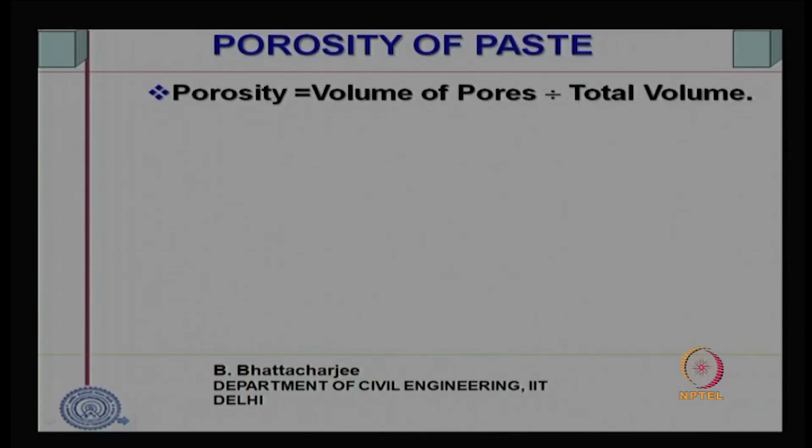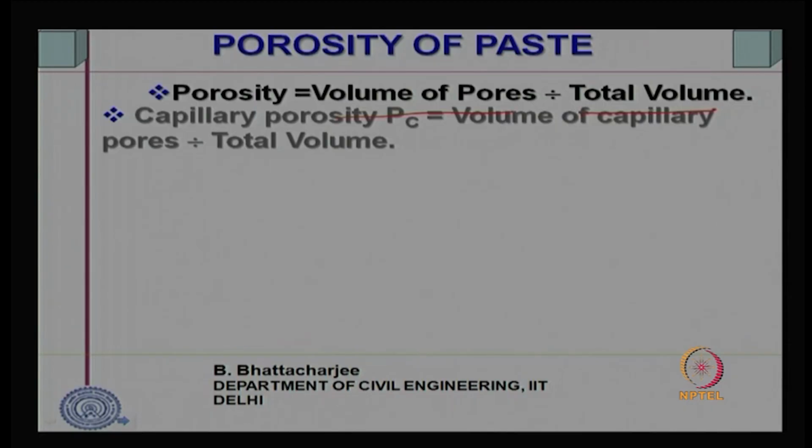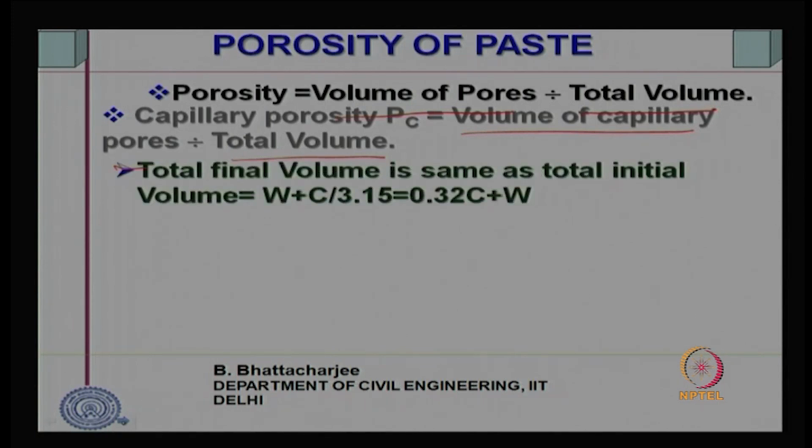All right. Capillary porosity will be the volume of capillary pores divided by the total volume. Now, what is the total volume? It is the sum of the originally added cement volume plus water. The final volume is the same as the total initial volume. Therefore, this is nothing but 0.32 C plus W. That is what we have seen,